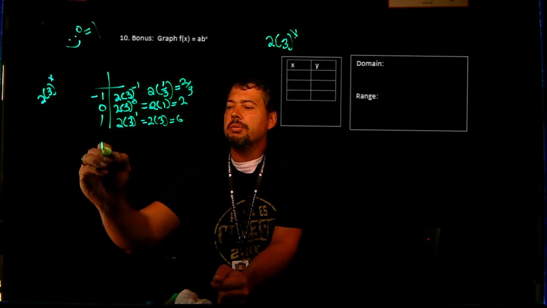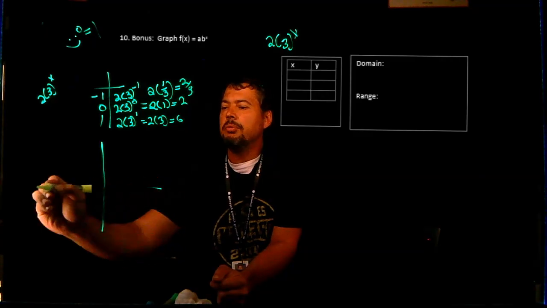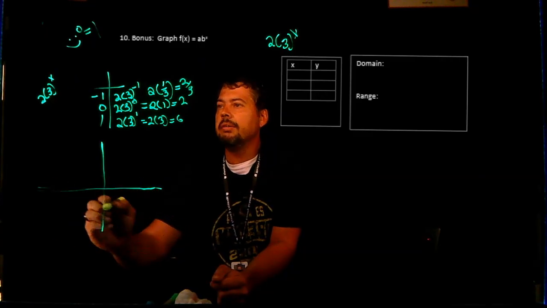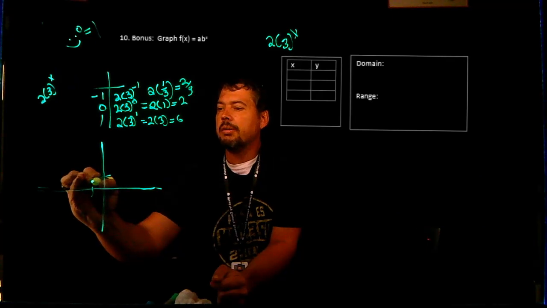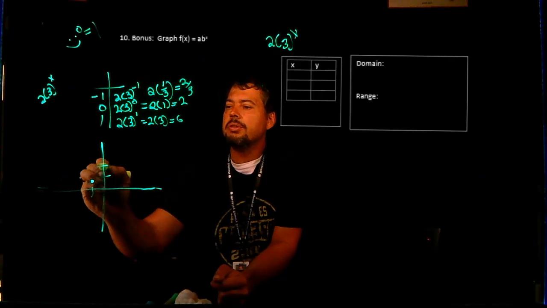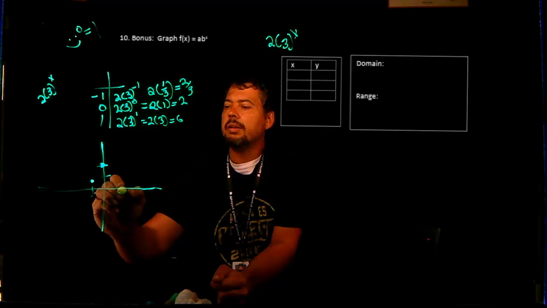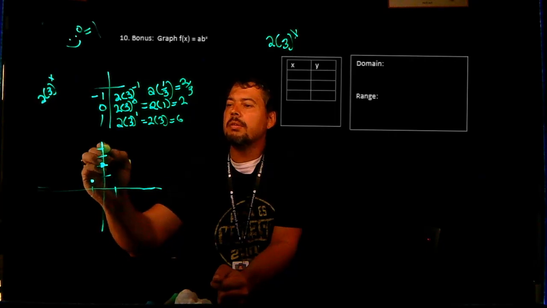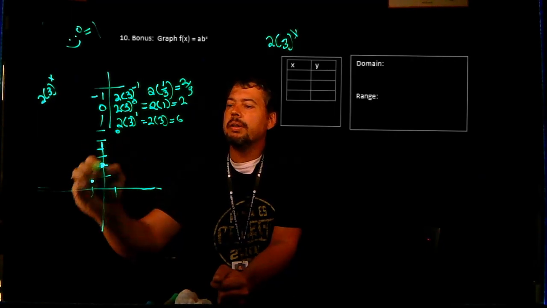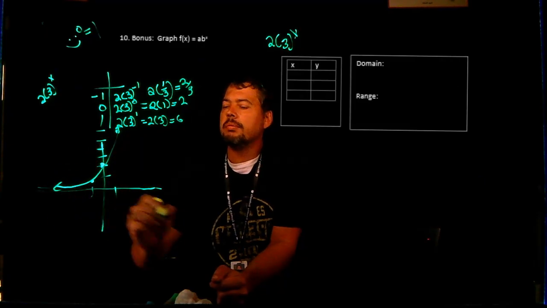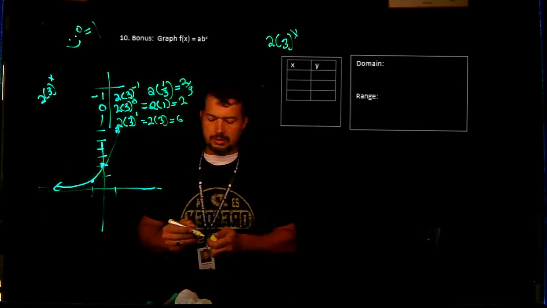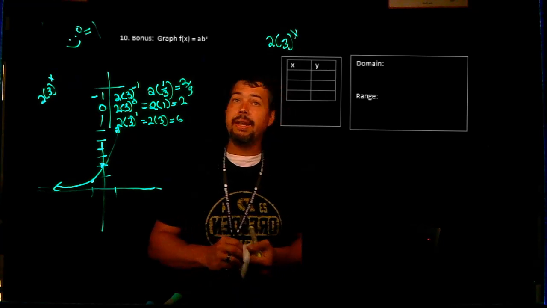The only reason I'm doing this is so I can give you an overall shape of what the graph looks like. It has -1, 2/3, which would be about right there. It has 0, 2, which would be right there. It has 1, 6, which would be about right there. This is the exponential growth function. Okay? Now that I've spent all that time on that,